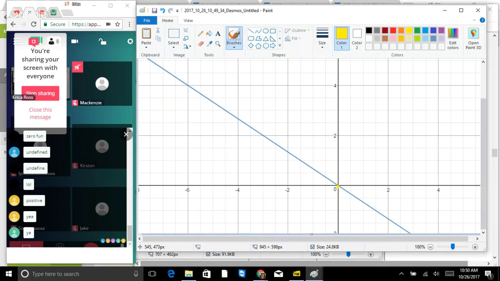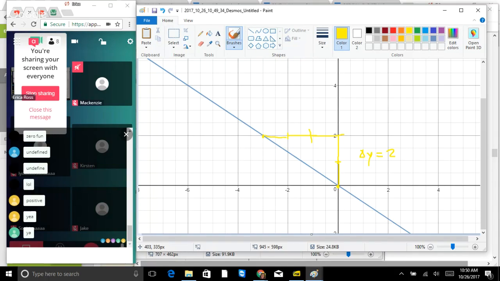Okay. And let's see. It looks like it intersects the graph right here. Okay. So I'm going to pick those 2 points. All right. So remember, my slope is my change in my y over my change in my x, or my rise over my run. Okay. So for this particular case, if I go up 2 spots, all right, so my change in my y is 2. Okay. Then to get to my next spot on my line, I have to go to the left 1,